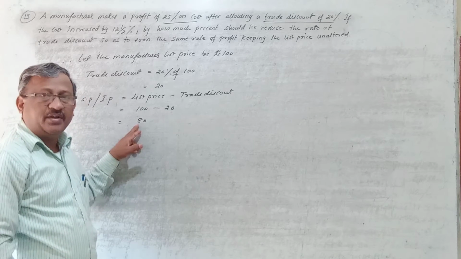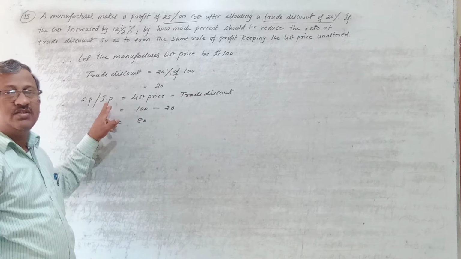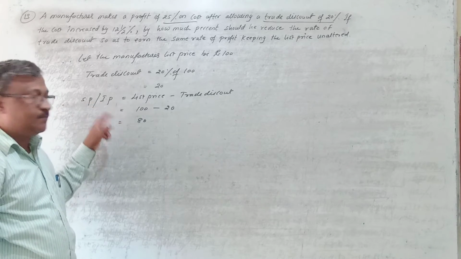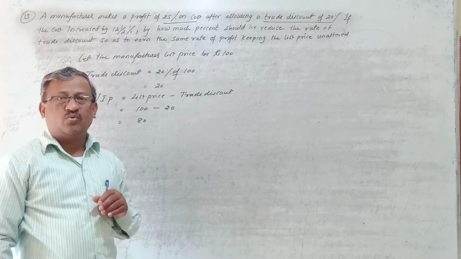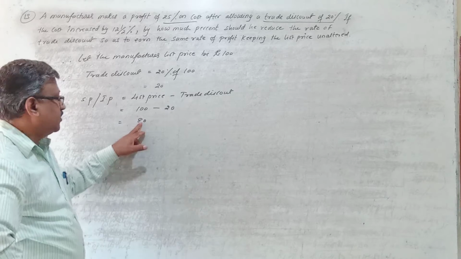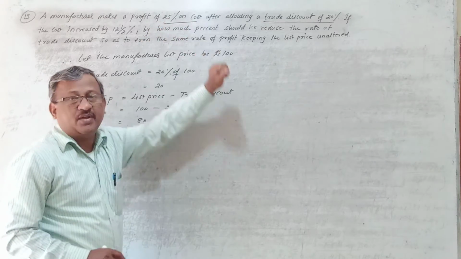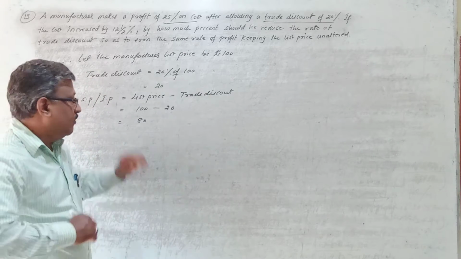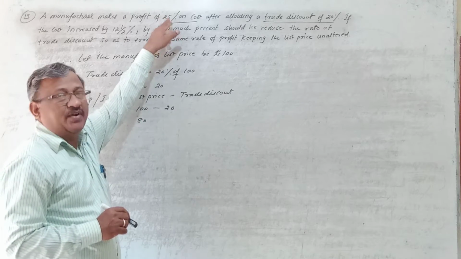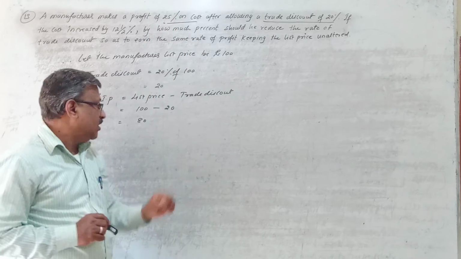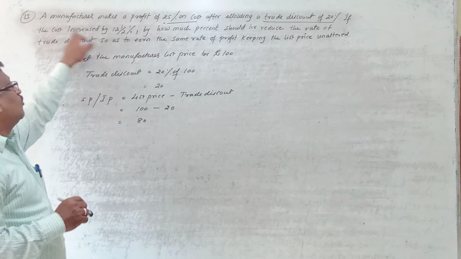Now, the 80 rupees we have got here is not the cost price. It is the invoice price, the selling price. Selling price always includes the profit. This selling price already includes 25% profit, but on which price? On cost price, not on selling price. So if this is the selling price and it includes 25% profit on cost price, I want to find the cost price for this selling price, because here we need the cost price.